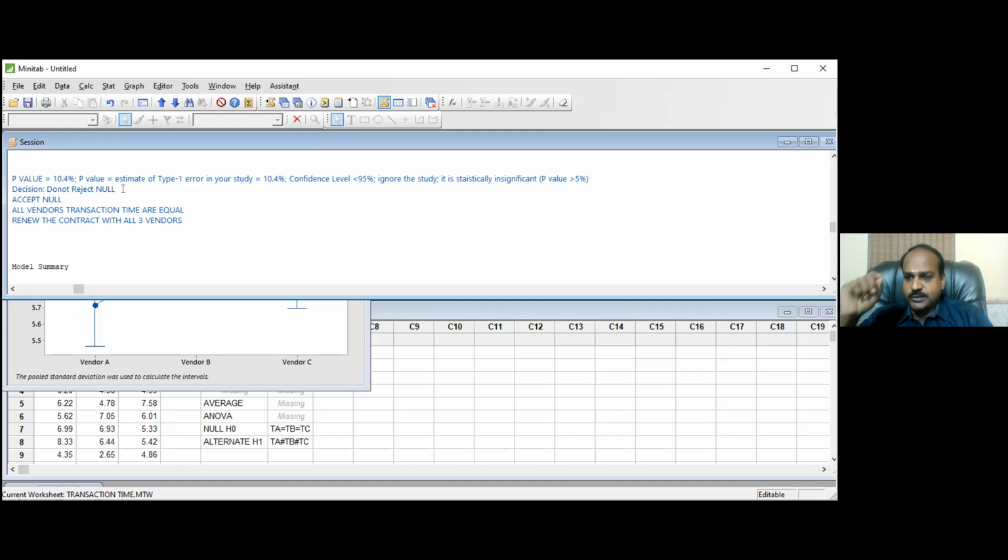You are expected to recommend all three vendors for renewing the contract for the next term also, because according to the data available in your hand, you are not able to gain the required confidence level. All of you understand what I'm talking about now? Instead of that, if you simply believe the data and say that vendor A is better, then vendors B and C will definitely suffer. Clear? Agreed? Yes, agreed, clear.